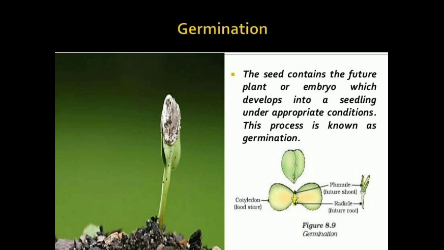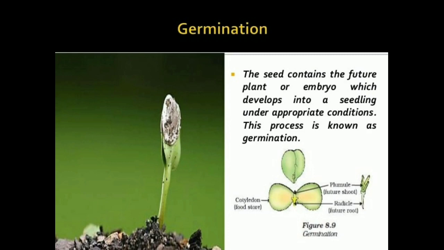For a seed there will be 3 different parts. First one is the cotyledon. It is the stored food of the embryo, which will help in the germination of the seed. The next part is the plumule. Plumule will develop and grow into the shoot or the stem. And below that there is the radicle. Radicle will give rise to the root. So there are 3 different parts: cotyledons, plumule and radicle.